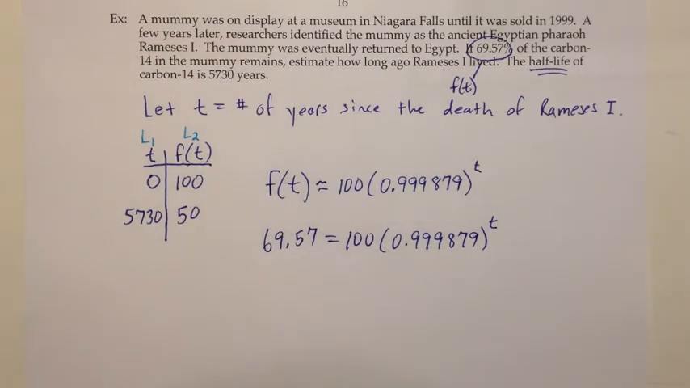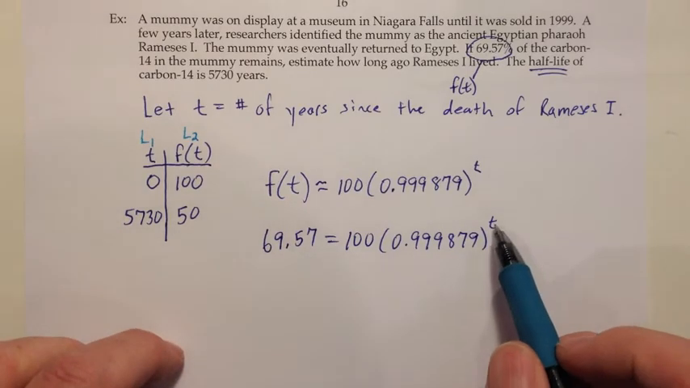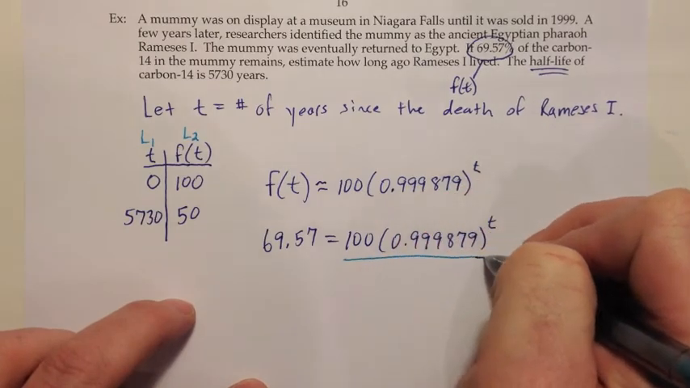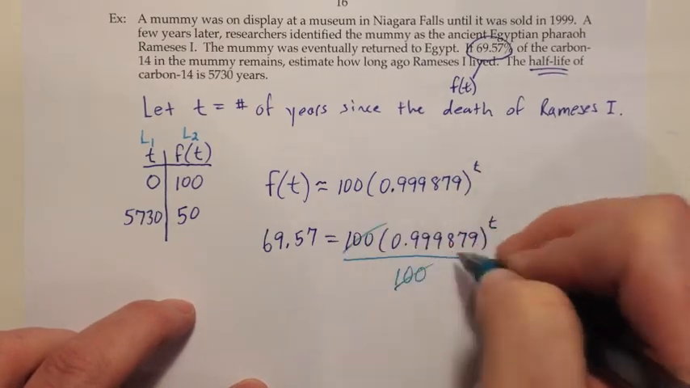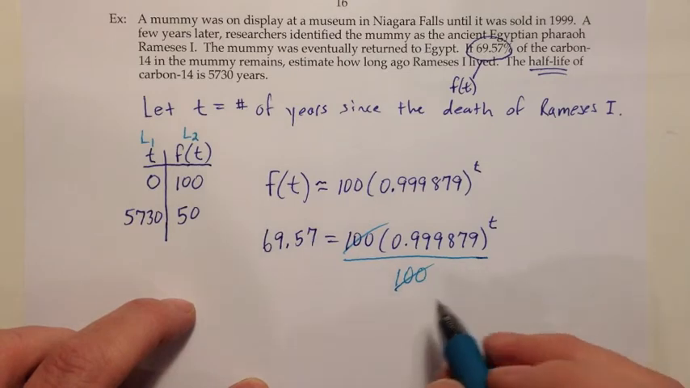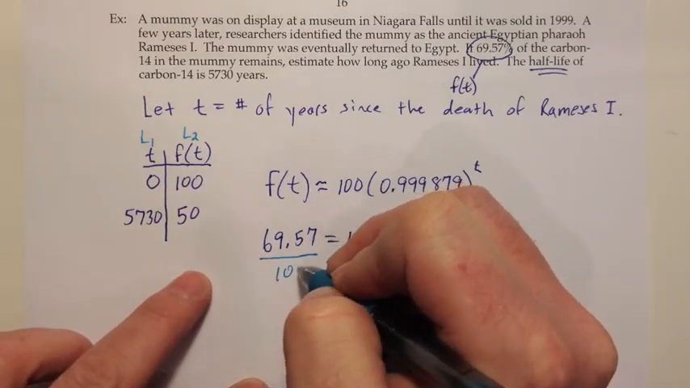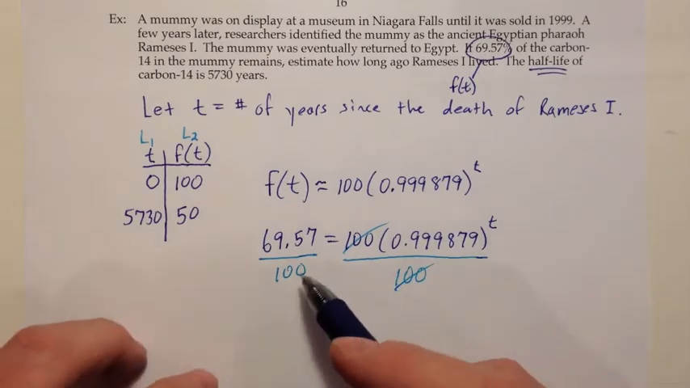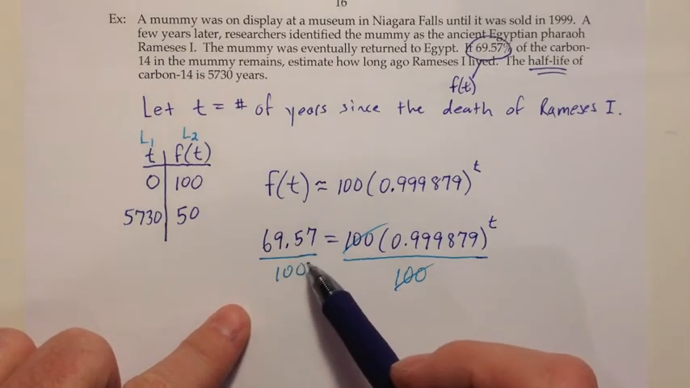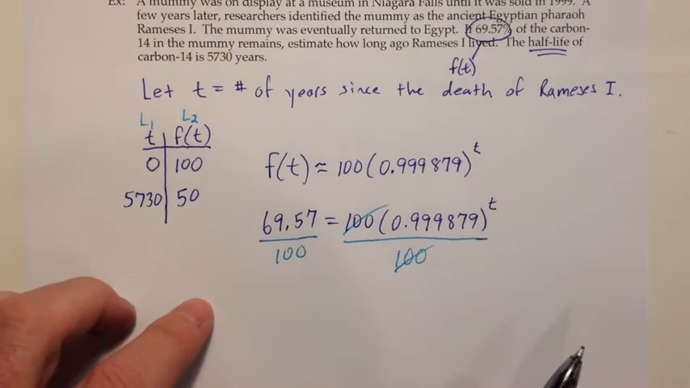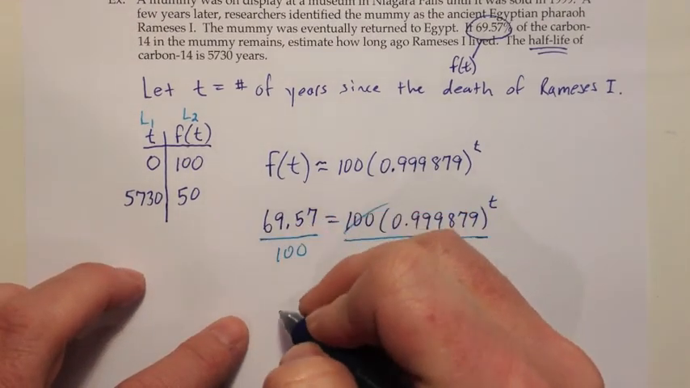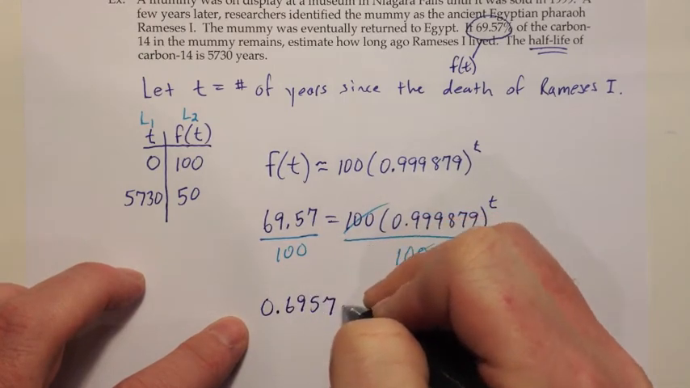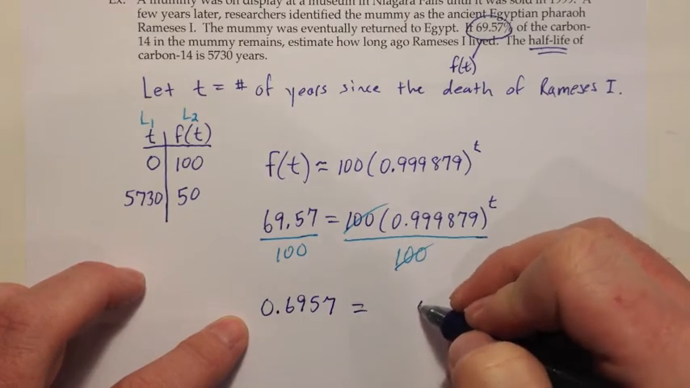And then once we start trying to do our solving, when you're trying to solve for an exponent, the first thing is to get the base by itself. So I would divide both sides by 100 to cancel that off right there, so that the base would be by itself. But if I'm going to divide one side by 100, I have to do the same thing on the other. And normally when I get a fraction like this, I don't like to do the division because it creates a messy decimal that I have to round. But in this case, I'm just dividing by 100, so that's just going to move the decimal over 2 spots. So this will become 0.6957 equals